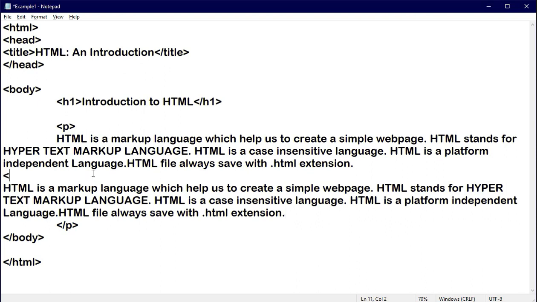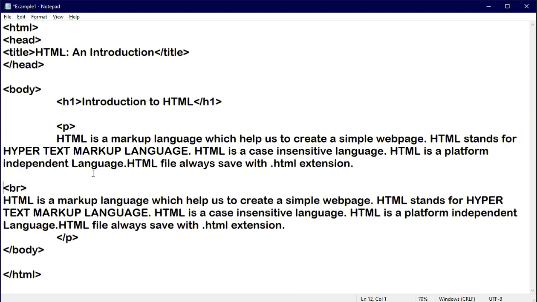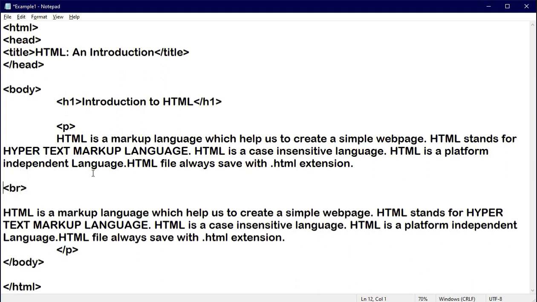For that, HTML uses a tag, and that tag is the BR tag. BR stands for break rule. This tag is also considered an empty tag. Why? Because the BR tag does not contain a close tag, and it does not require any information. Simply it is used to break two different lines.